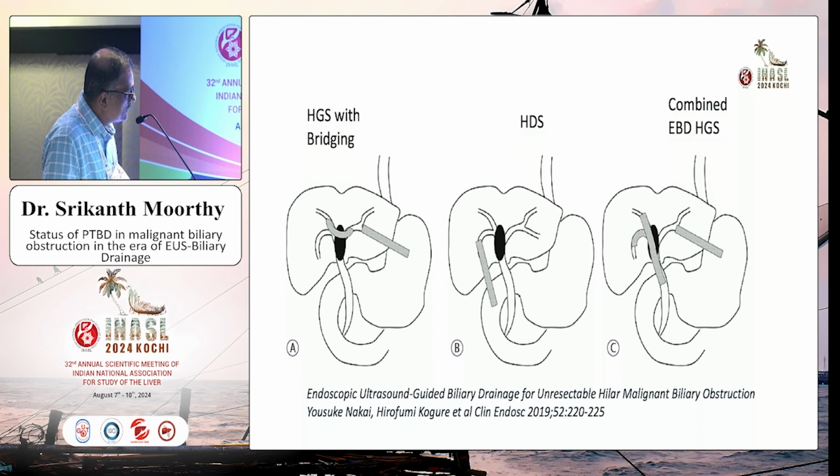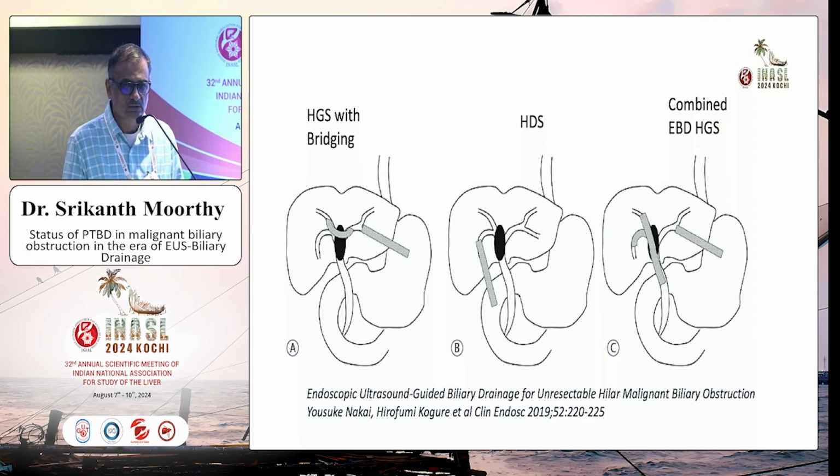But of course, this is the easiest way you can do US guidance, that is, approach the left system. The right system is more challenging. So many times when you have to drain the right system, you may have to cross and put in a stent from the right to left, which is called a bridging technique. All that is technically very challenging, but that's how we do it. Or the best way is to do combined ERCP, so you just put in this stent with the US and then do the rest of it with the ERCP, so you get drainage of both sides.